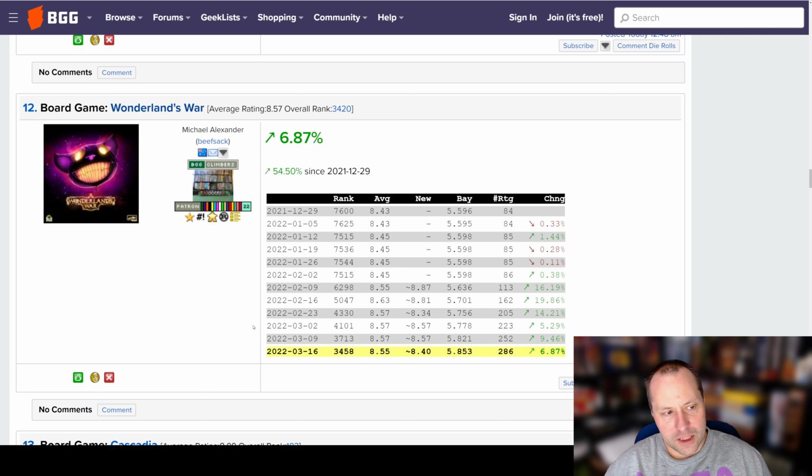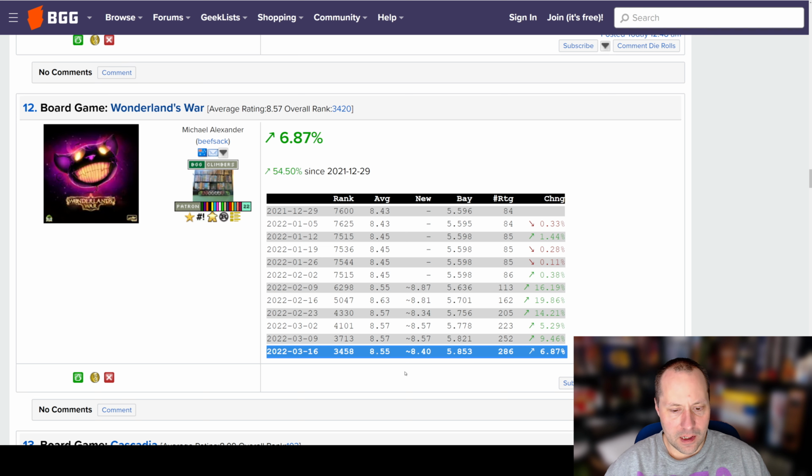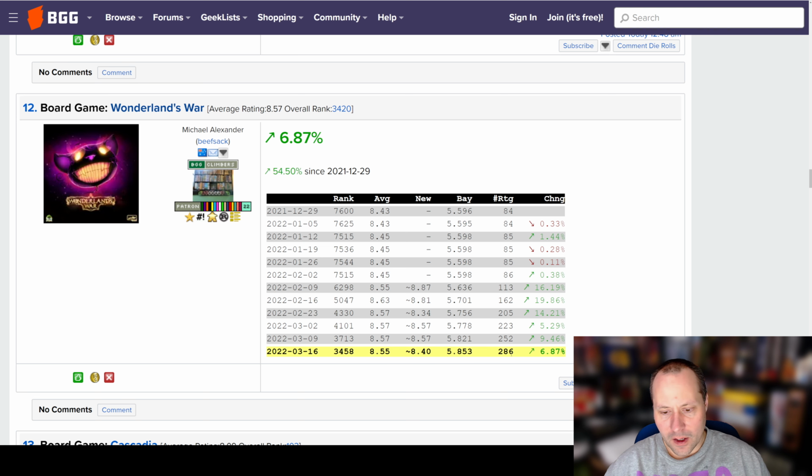I'm really looking forward to getting a chance to try this with my gaming group. I know they've made some slight tweaks to the game during playtesting, and so far the reviews have been quite positive at an 8.85 average, which is pretty decent when you're at 286 ratings, all averaging above 8. We'll see this once it gets above 1,000. I think we can make a safe prediction on